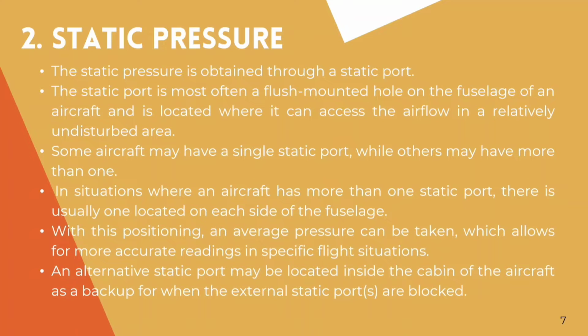The static pressure is obtained through a static port. The static port is most often a flush-mounted hole on the fuselage of an aircraft and is located where it can access the airflow in a relatively undisturbed area. Some aircraft may have a single static port, while others may have more than one. In situations where an aircraft has more than one static port, there is usually one located on each side of